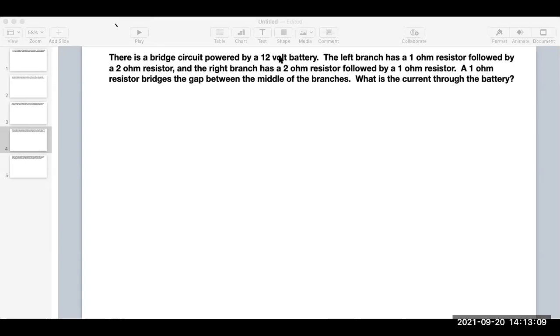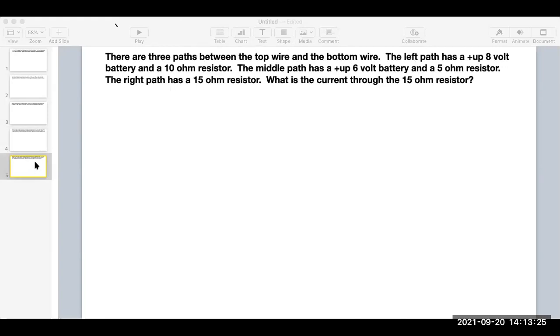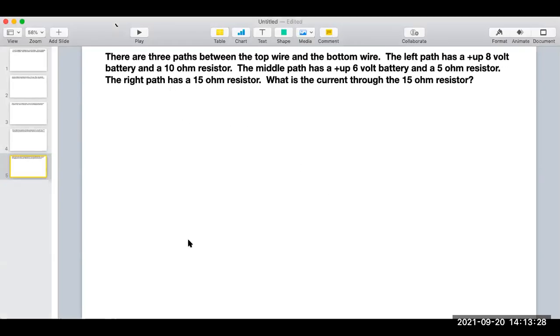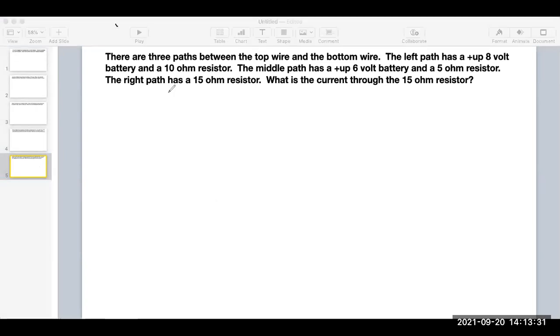For an easier to work with system, we can get by with less complexity and less going on if we actually throw in another battery. So an example that uses that is here. There's our top wire, there's our bottom wire. And there are 3 paths. The left path, the middle path,